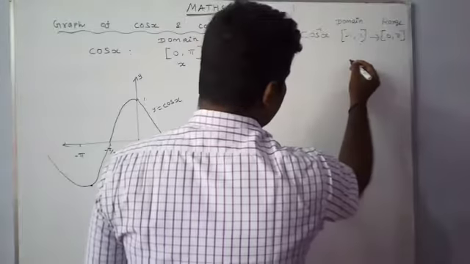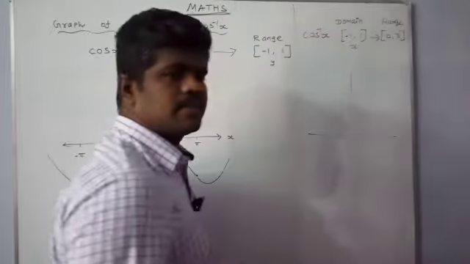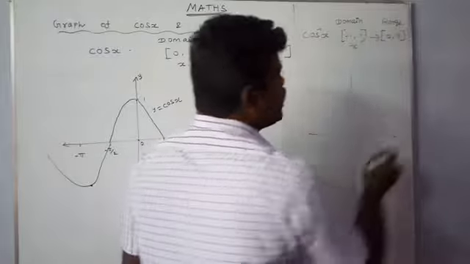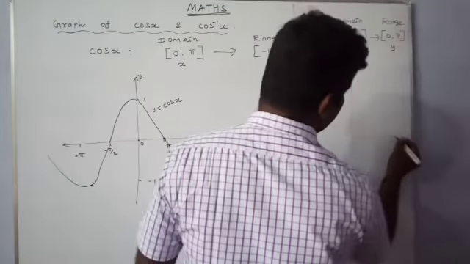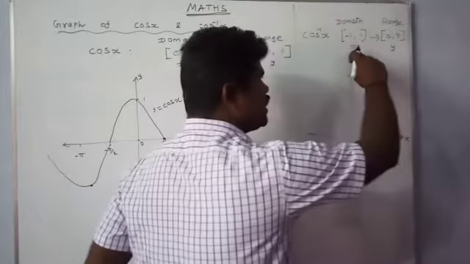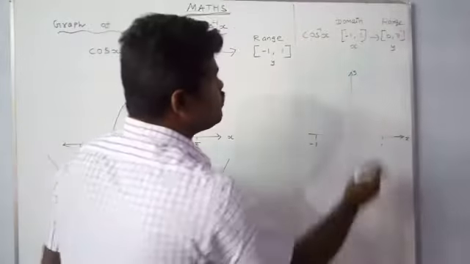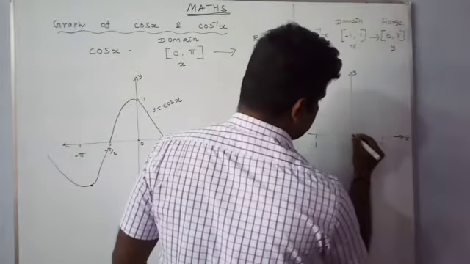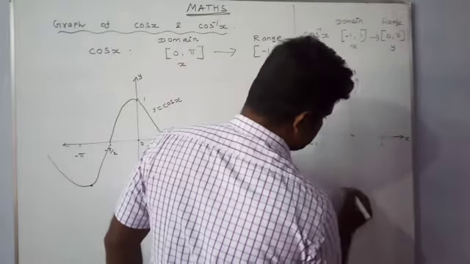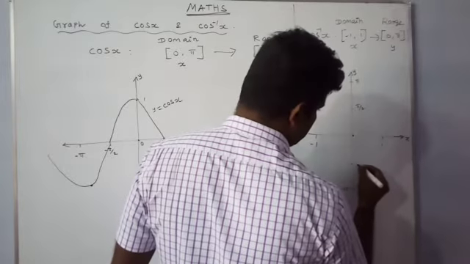And we want to draw the graph. Here we take the x-axis, because it's the domain. And the range is on the y-axis. This is the x-axis and this is the y-axis. We take on the x-axis +1 and -1. And on the y-axis 0 to pi. This is 0, this is pi. Here also minus pi. In between values are plus pi by 2 and minus pi by 2.